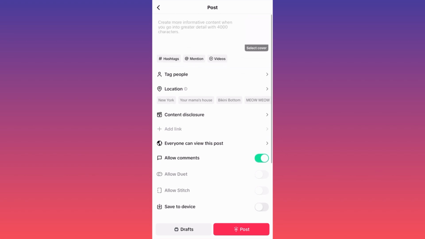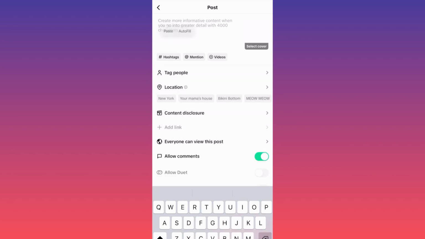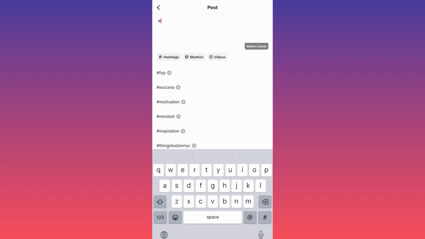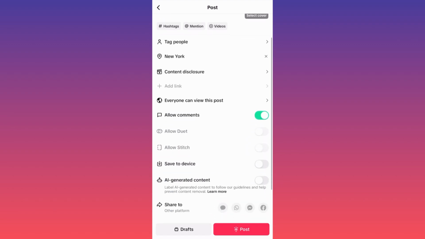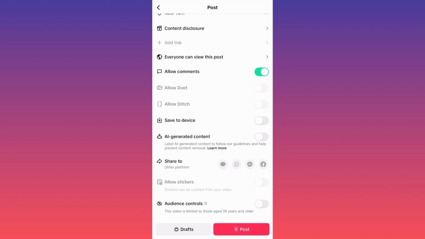And right over here, right before you actually post or start typing or creating anything else, you can actually do it, right? If you're sure that in the future you're gonna publish, you can actually input everything, your location, the hashtags and all the info, blah, blah, blah, right? You can do all that at once. You can tag people, but then at the last step, you don't wanna hit post, but instead you wanna hit